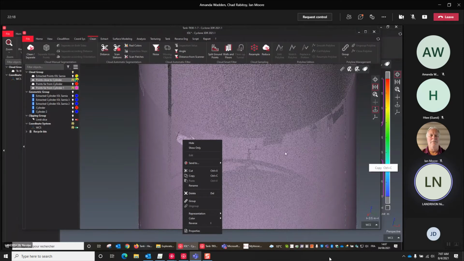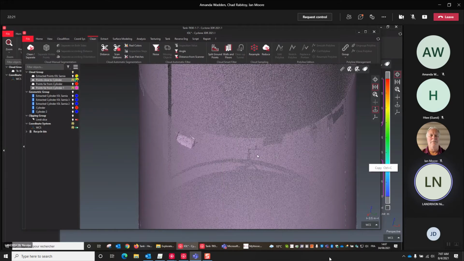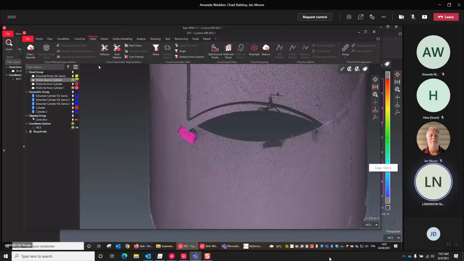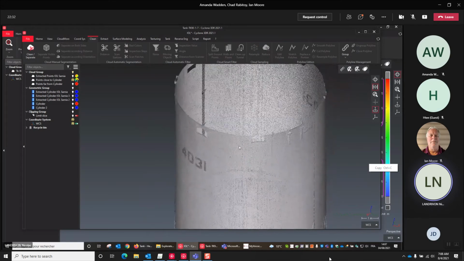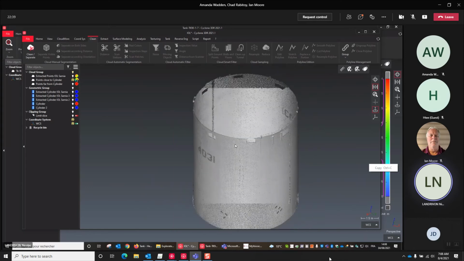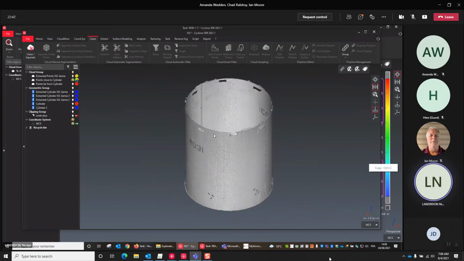I showed you also some other tools like the limit slice. I don't want to bother too much with that. We will see it probably in the next session when we will have to deal with the other tank. Now let's continue with this one. So the first step of the process was to clean the points as much as you can in order to keep only the part that you want to process.